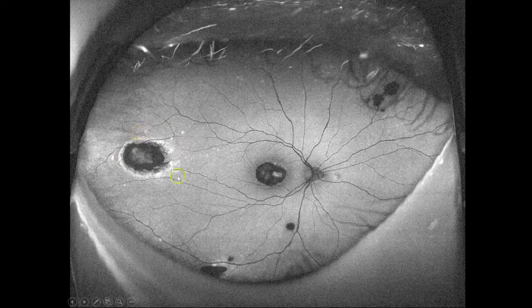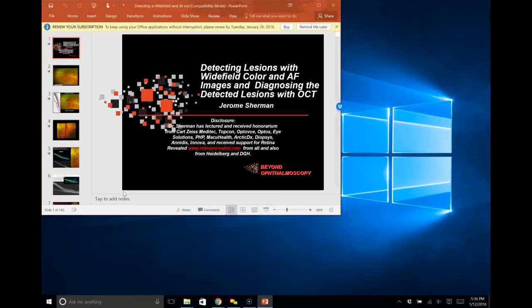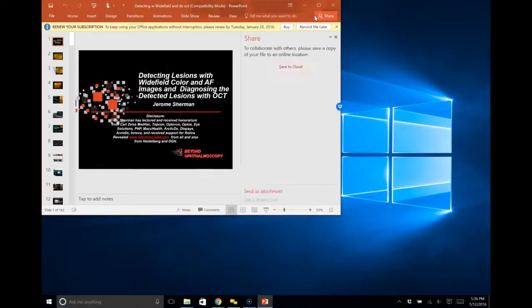Put on a 3-mirror lens, and it did look like he had some cells and flare in the vitreous right in front of us. So autofluorescence may be able to pick up abnormalities in toxo and help make a differential between active and inactive toxo. Okay, so we covered a lot of information in maybe too short a period of time. The topic, of course, was detecting lesions with wide field color and autofluorescent images, and then diagnosing the specific lesions with OCT. I hope we have time for questions a little bit later, and we'll go into maybe some